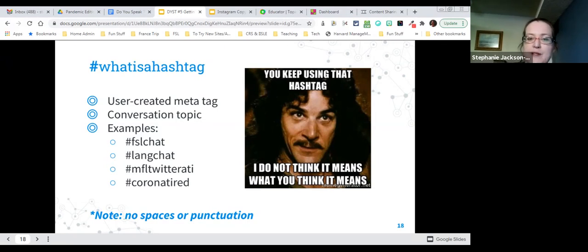And there's a moderator who gives questions, and they have a topic and you can answer, and they share back and forth. And so it's a conversation via Twitter, and you access the conversation and are able to read them together by accessing the hashtag, right? But it's also sort of just a way of giving your post a title or giving it a topic, so that if people wanted to just go and kind of scroll through and see what the MFL Twitterati are talking about, then you can do that by going to the hashtag.